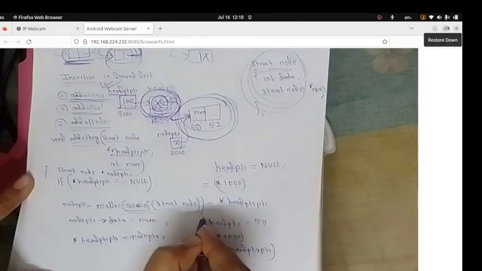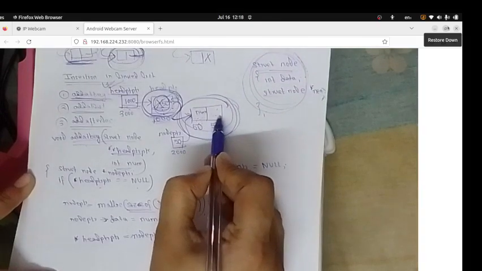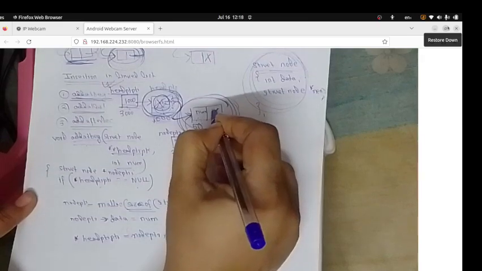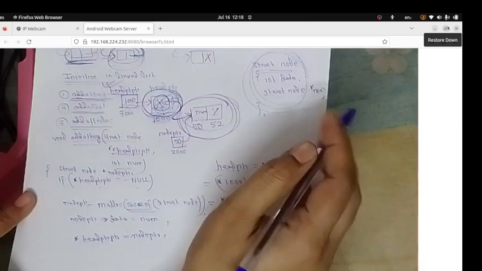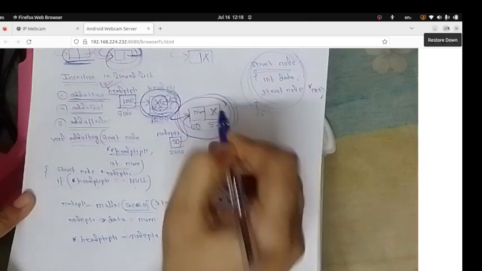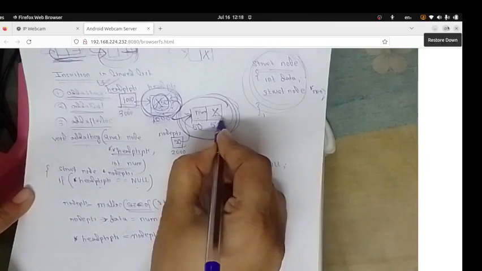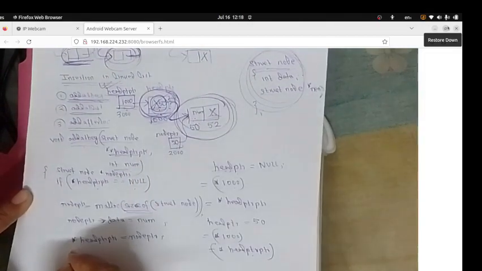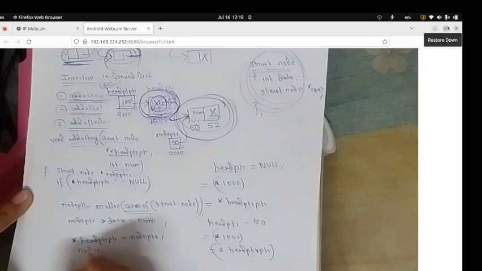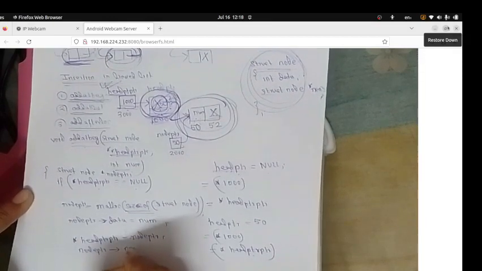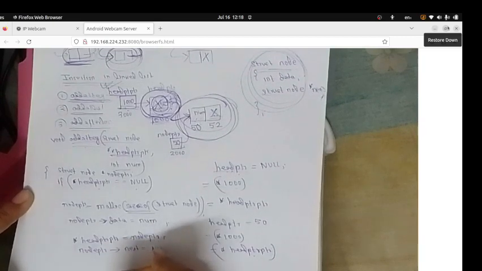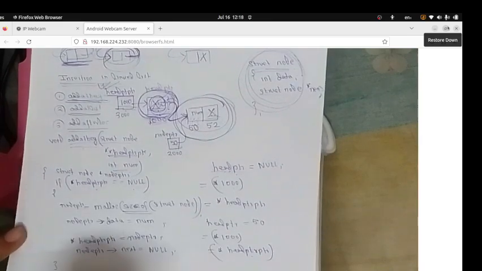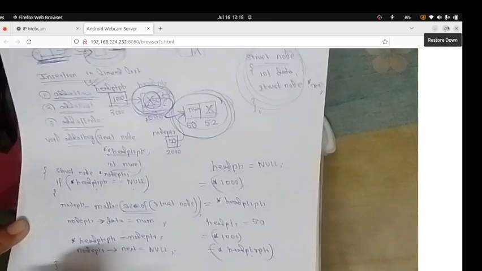And then I have not filled the next part. As this is the first node in the list, the next part will not point to further nodes because this is the only node, so it will contain null. This part of the node is accessed by the pointer, node pointer arrow next. So node ptr arrow next will contain a null pointer. So this is the case if the list is empty. But if the list is not empty,